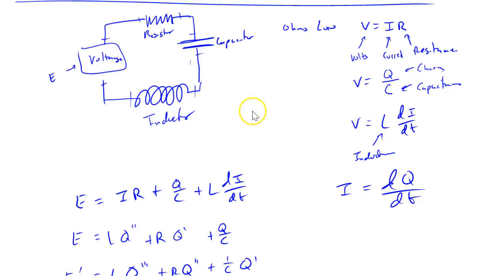Okay. The inductor, on the other hand, goes the other way, and the inductor's resistance comes from changing the current. When you change the current, either the magnetic field builds if you're increasing the current, or the magnetic field collapses if the current is going down. So the voltage drop across the inductor is actually equal to the inductance, which is a measure of how big an inductor it is, times the change in the current. Notice that could be positive or negative. If the current is dropping, then this looks like a negative resistor is actually feeding power